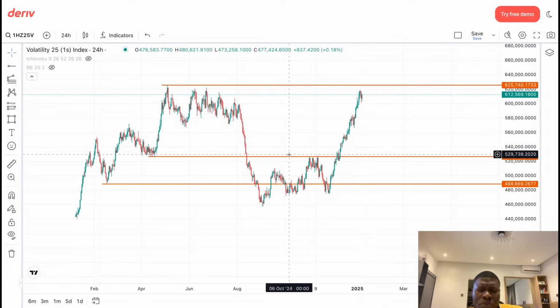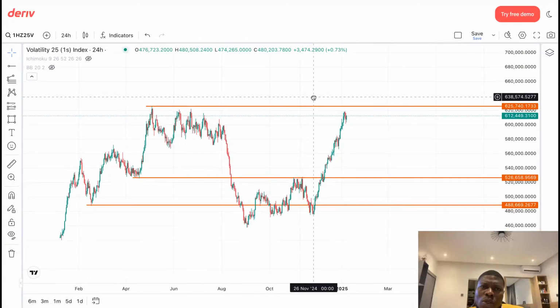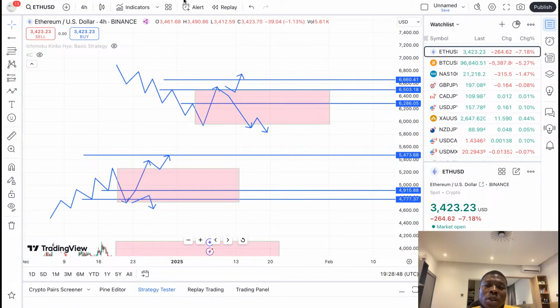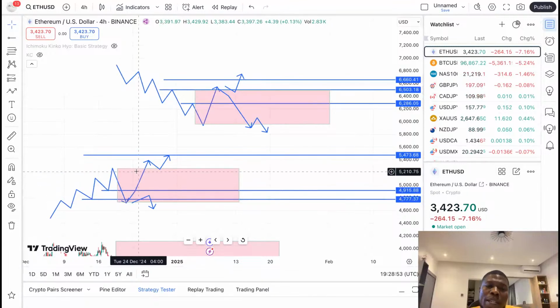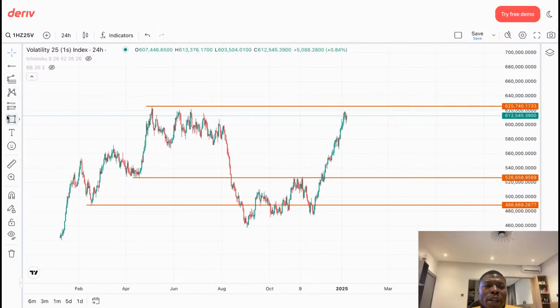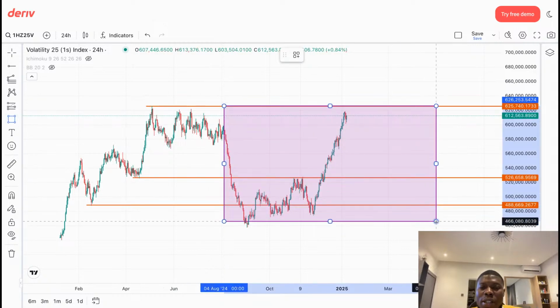Look at what I told you about trending market and ranging market, how to identify the trend the market is on. Look at this area. You see that we moved below this area and we are going back to this region again. Now, this is a ranging region from this area. This is a ranging region.